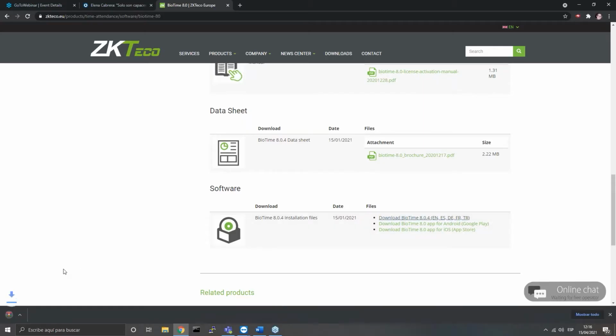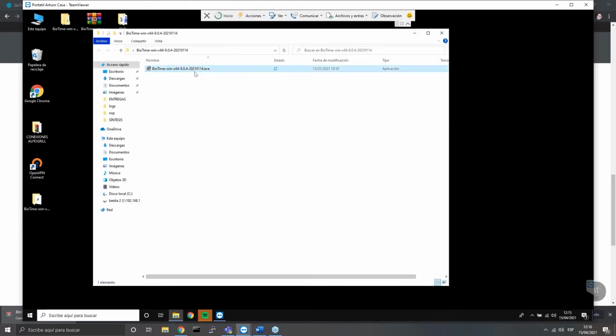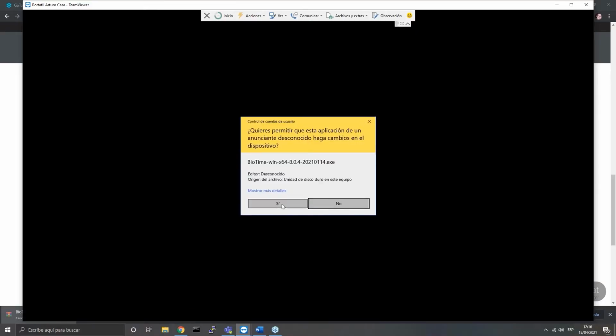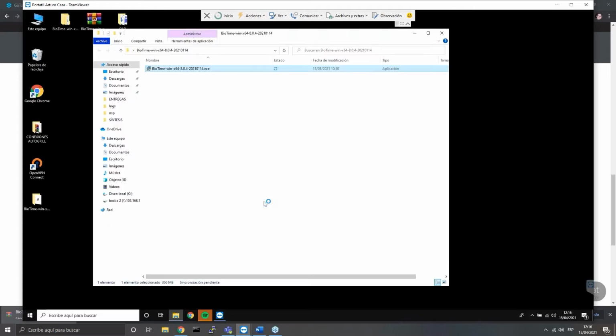As soon as we click it, the RAR file of the installation is going to be downloaded. I'm going to cancel it because I already have it, of course. Here in my computer, I have already downloaded it. Here is the version, the setup. You can set up, and here the installation will start. I need administrator rights to be able to install. I'm going to select to install it in English so everybody understands